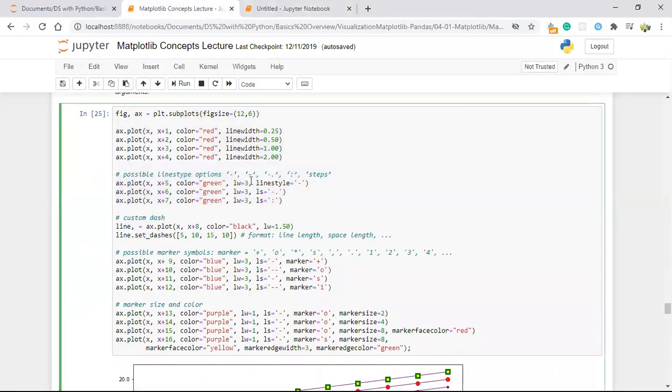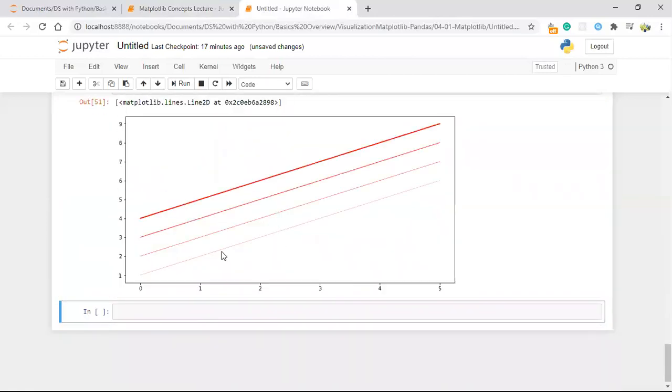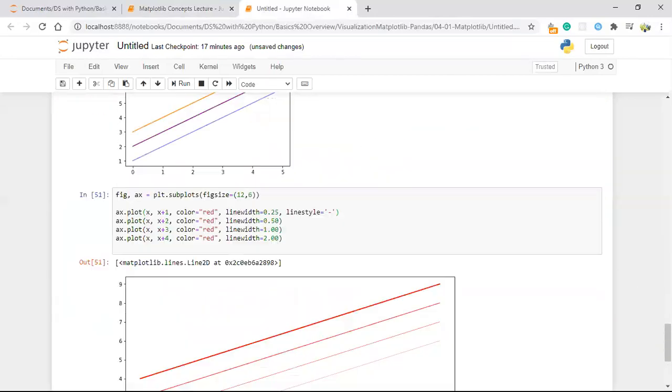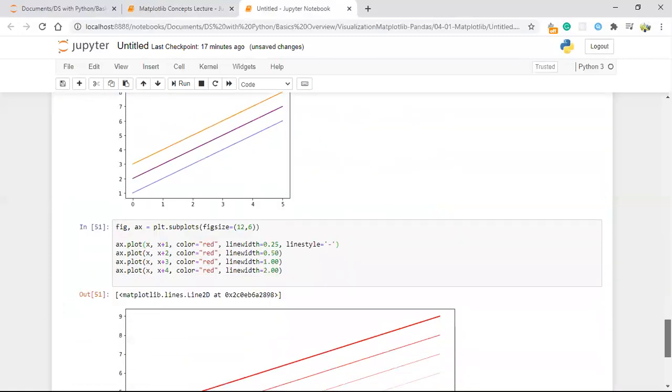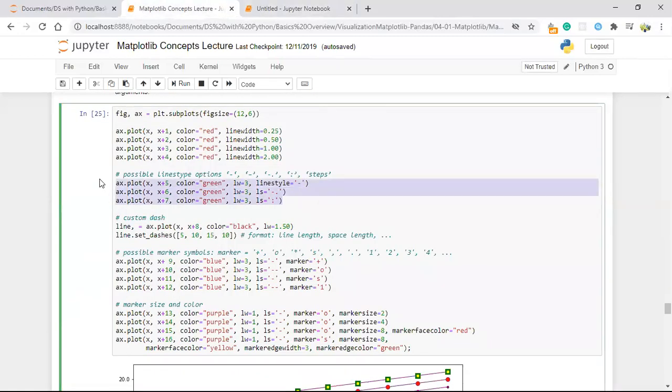So when you are just giving a line style like this, see your line will come with this. Hyphen is not showing here. Let me try this.